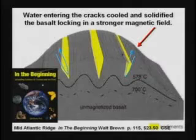So when they found what they said were magnetic reversals at the bottom of the ocean floor, they're actually finding the old cracks where the basalt broke, because there were going to be warmer and cooler areas from simply the water rushing in. Those cracks are probably now all full of sediments. So don't let them tell you there are magnetic reversals. There may be a few from the rocks flipping over at the flood, but I think a much better theory